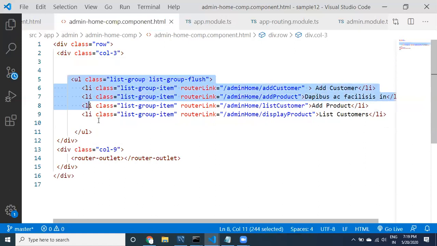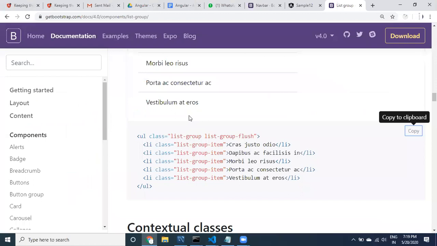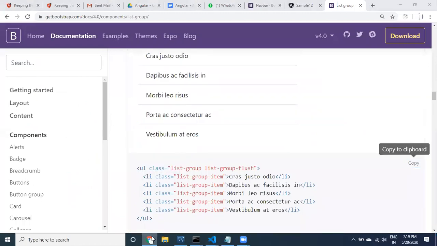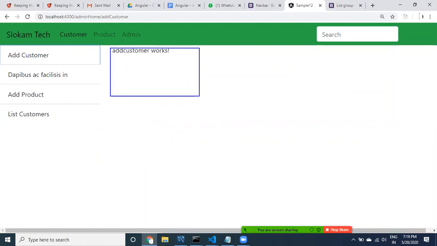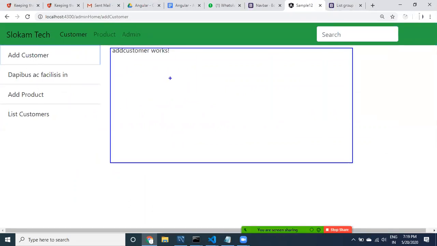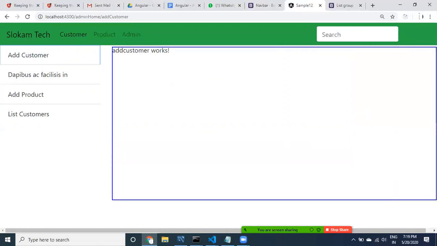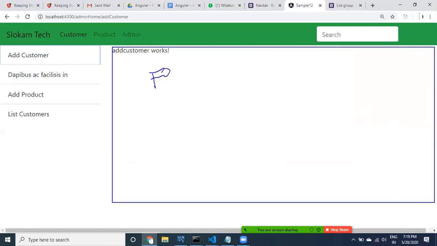And this is coming from where? Bootstrap. This one, this is the look that I'm looking for. Let us go to UI. If I click on admin, see here, guys, I do have a better approach. If I click on add customer, the add customer component is going to be called, right? There you can provide the form, forms kind of things. Let me show you one thing.